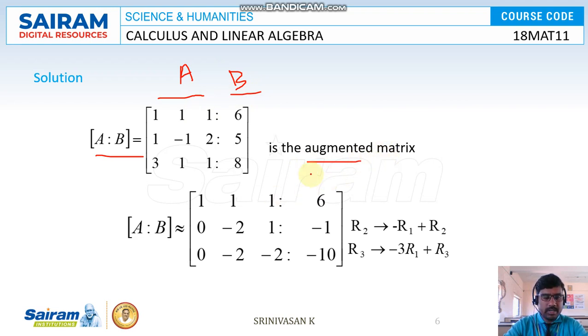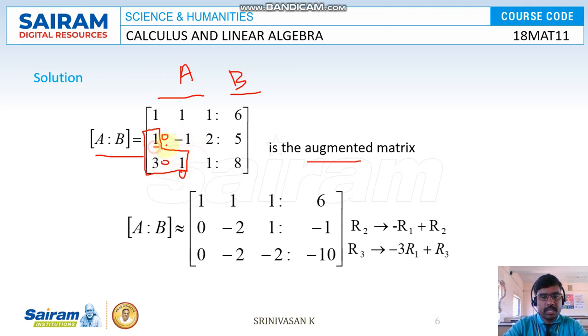Next we have to follow the procedure. The procedure is nothing new; we already know how to find the rank of a matrix. Here we follow the same procedure: we find the rank of the matrix using the echelon form. The main concept is that we have to create an upper triangular matrix. That means we have to make zeros here, here, and here. We'll discuss it one by one.